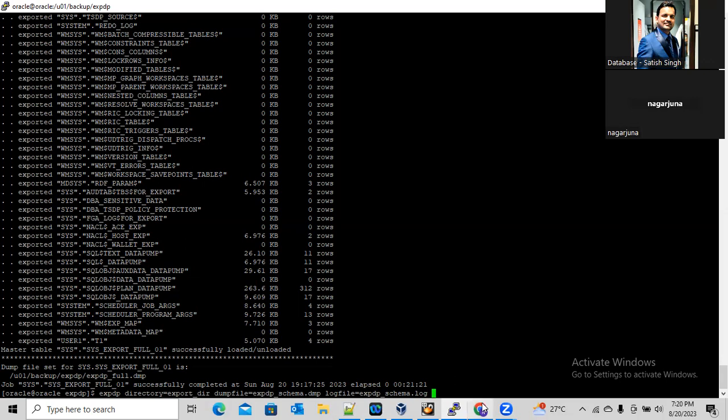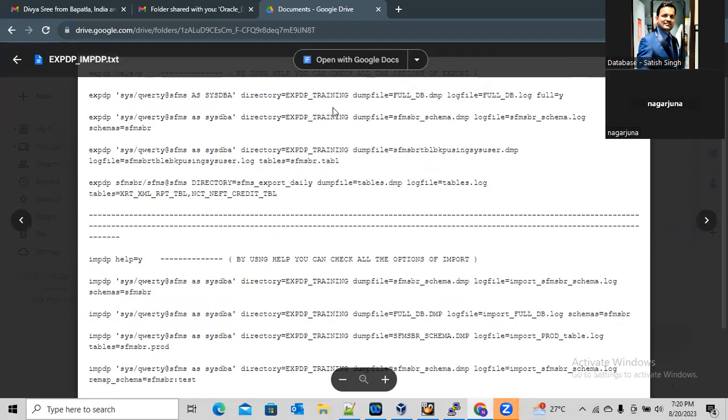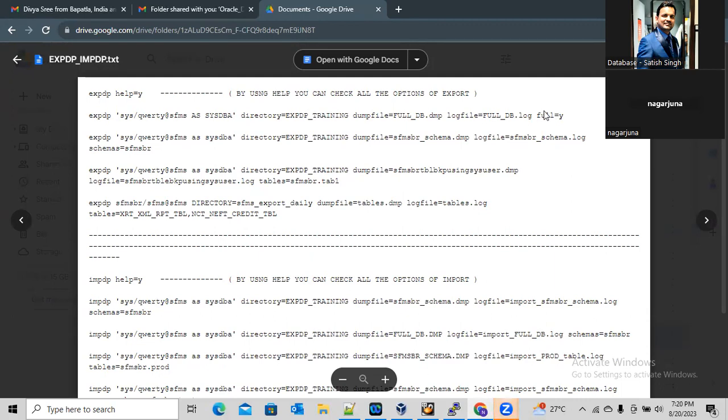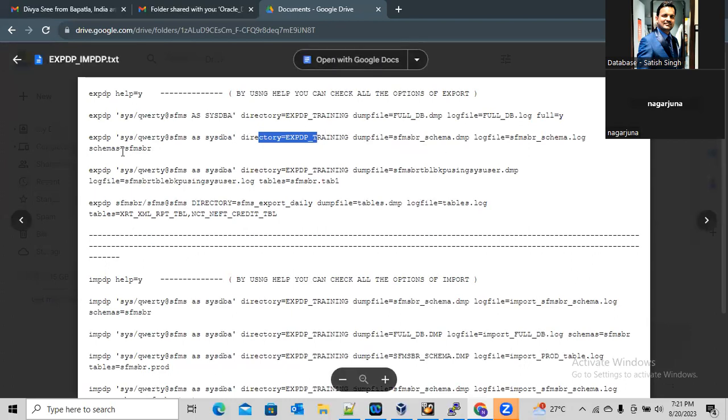This is the full backup command, whatever we have given in the first command, and we also gave export full equal to y, and we are done with this. And now we are going to perform the schema backup. Here I have given only one schema. So I will give the schema backup